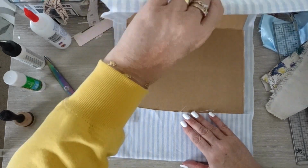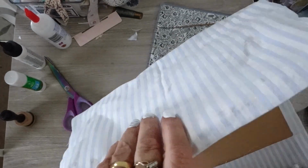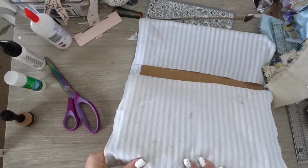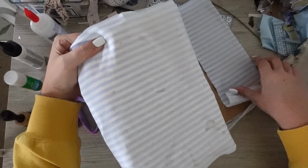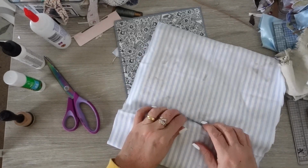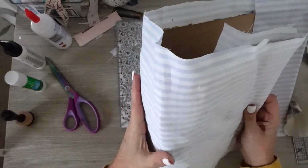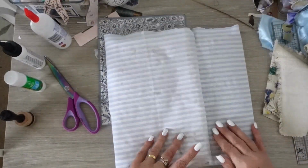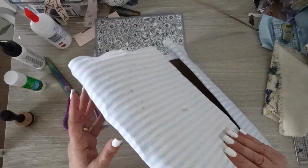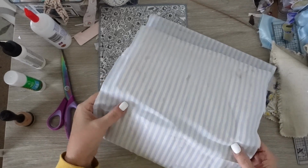Okay, so now, as we can see, that is not right. Or maybe it is, it's just that that's a gap there, isn't it? Okay. I can see what's happened there because we don't have any wadding there or padding there, do we? So I have an idea as to how to overcome that in a minute. Okay, because that sticks down. I mean, that's nice, but obviously that looks nicer. These are the pink bits coming through from the other side, so I'm not too worried about that. But this gap here,